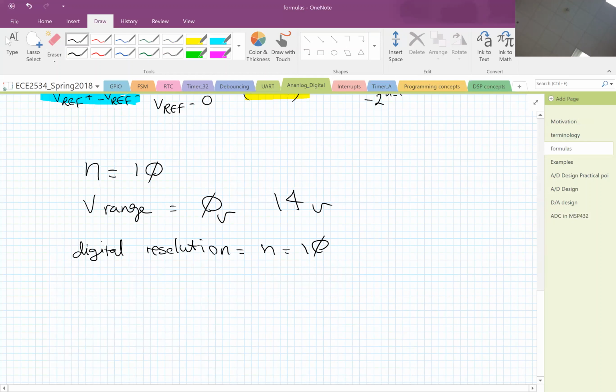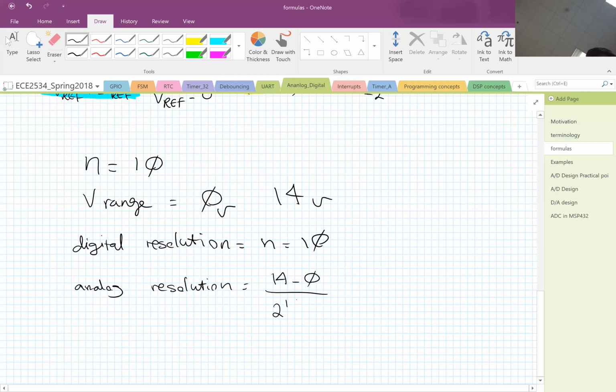Your analog resolution had many names. One of them was voltage resolution. The other one was analog resolution. Another name was LSB voltage, because that's like the smallest amount of voltage that when it changes, you go from one digital number to another. So analog resolution was the 14 minus 0, your voltage range, divided by digital range,